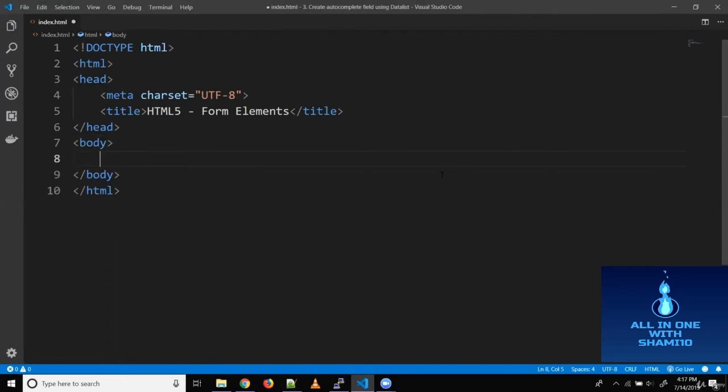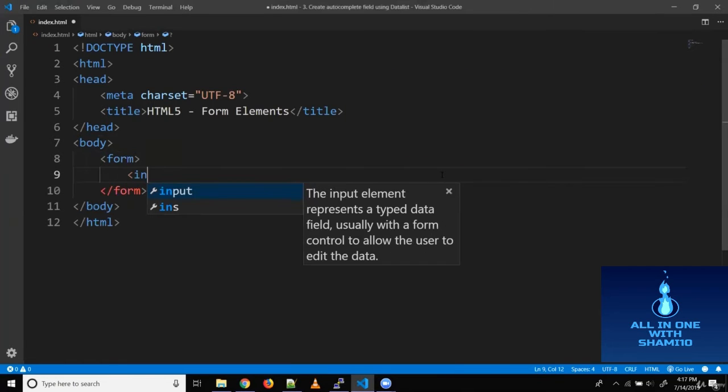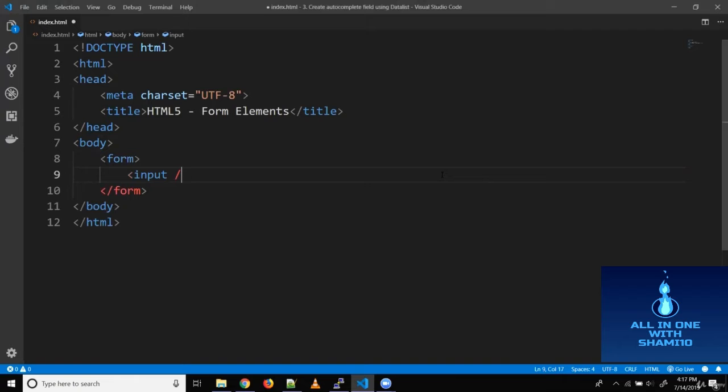All right, so let's create our form element here. So form, and inside this, we need the input element. Now, to create a datalist, we need to pass the list here. So let's create a datalist. To create a datalist, we can use the datalist element. So datalist,